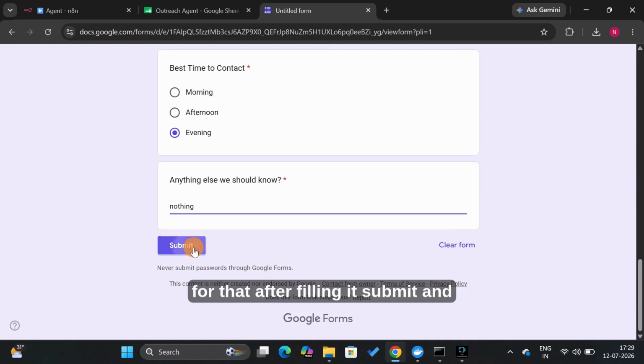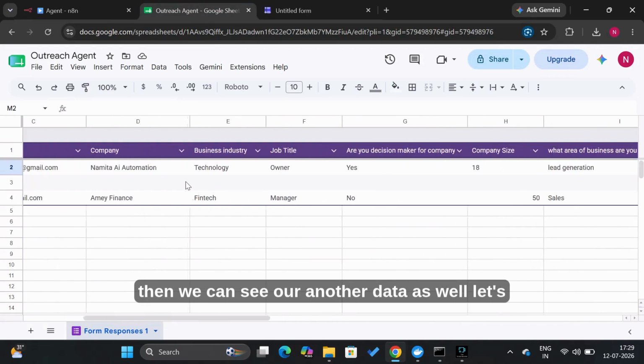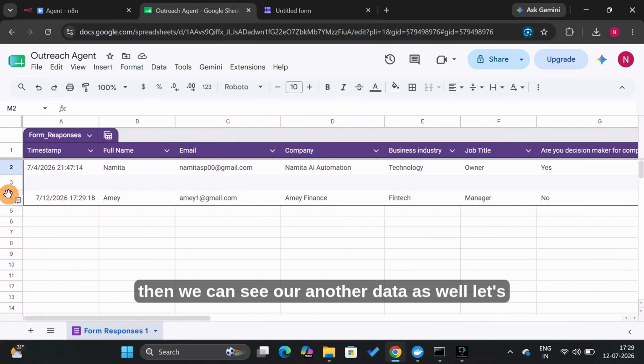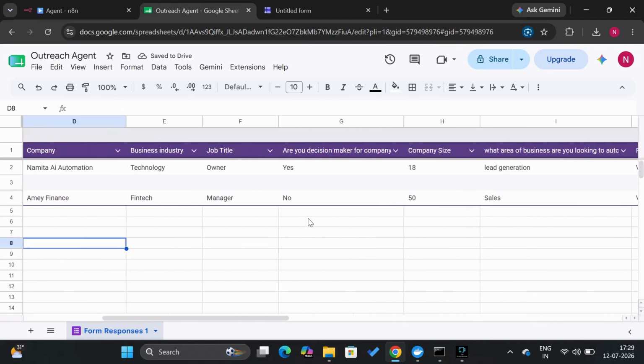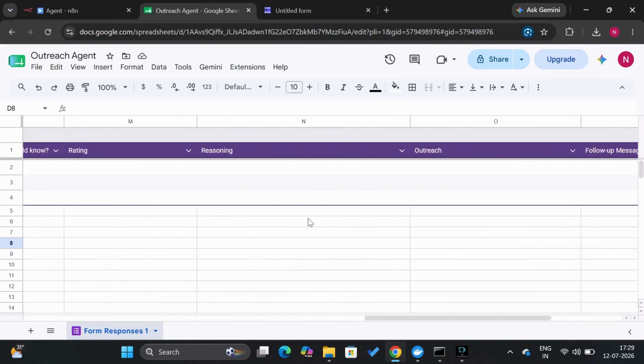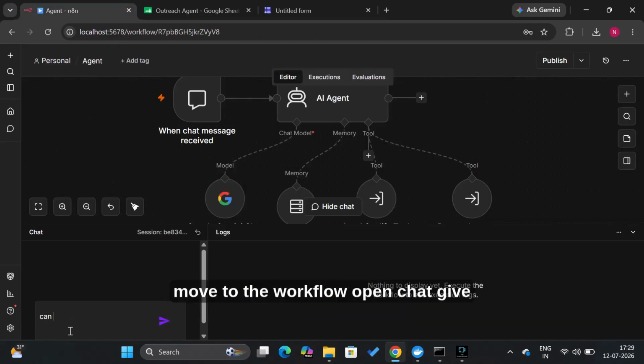For that, after filling it, submit, and then we can see our other data as well. Let's move to the workflow, open chat, and give the prompt for qualifying leads.